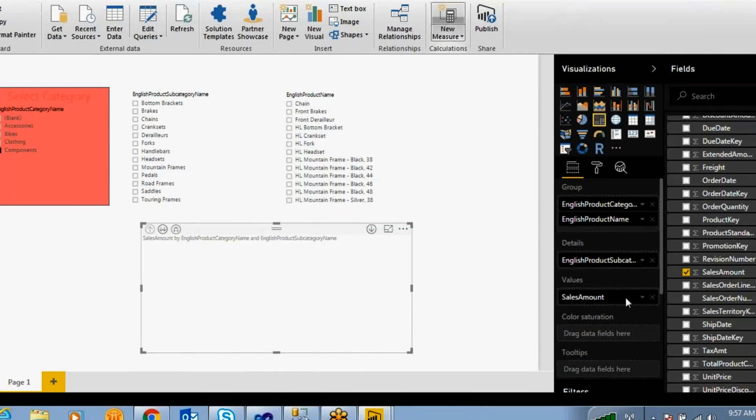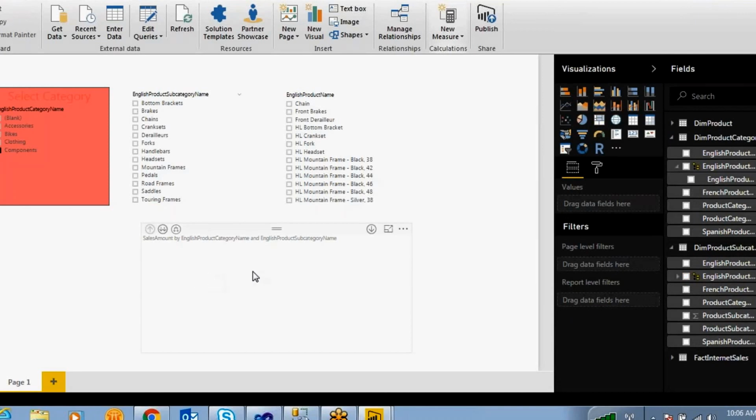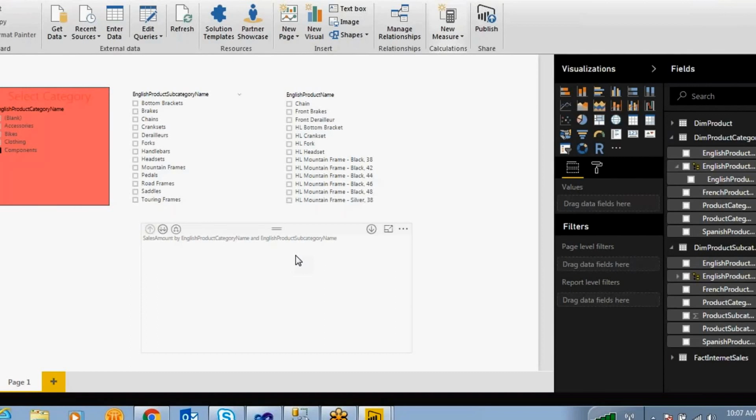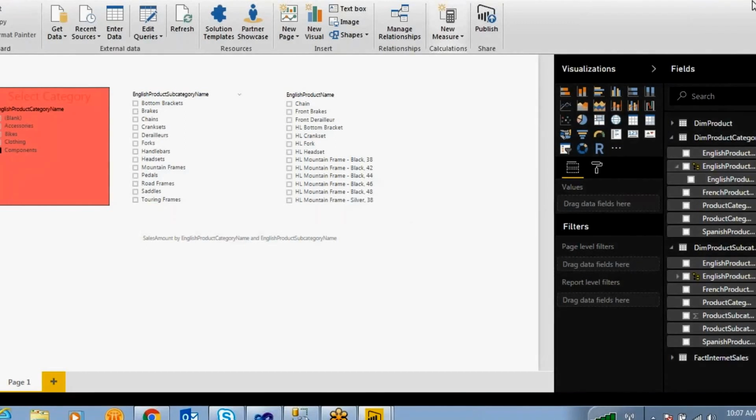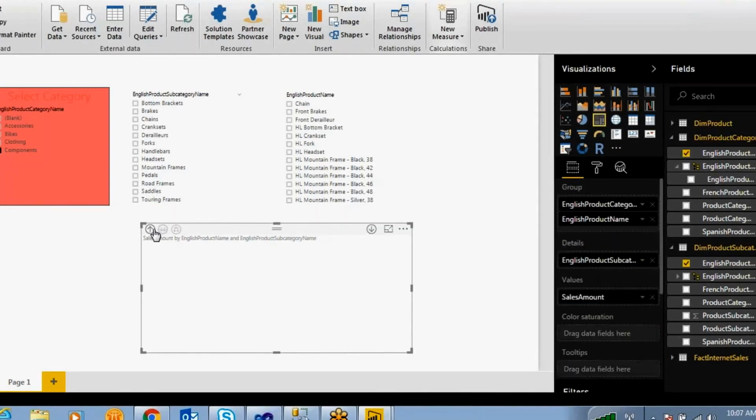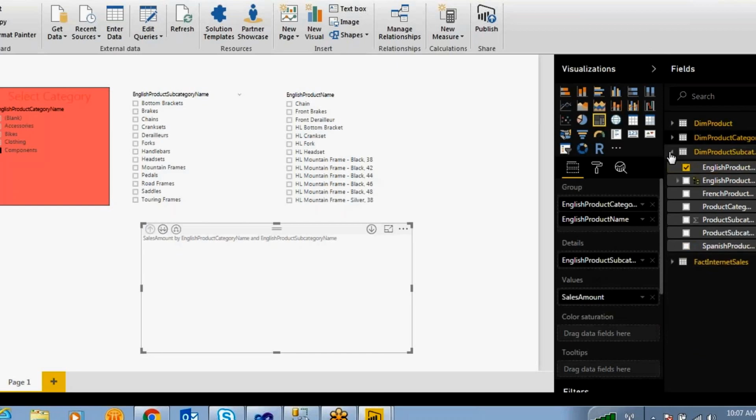So when we are using this tree map with category, subcategory, product name, there is no hierarchy between this category, subcategory and product. So that is the reason we are unable to add these drill down features over here, right? So how can you create a hierarchy? How to create a hierarchy at the Power BI level?